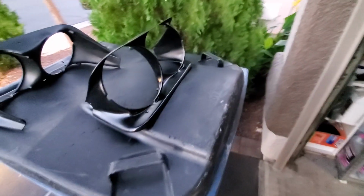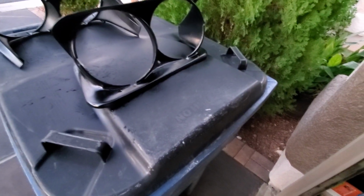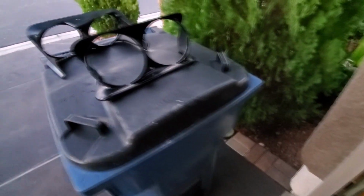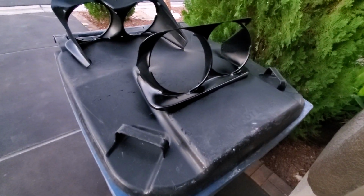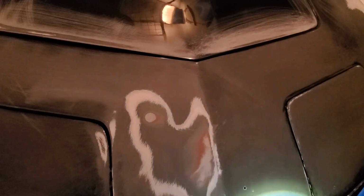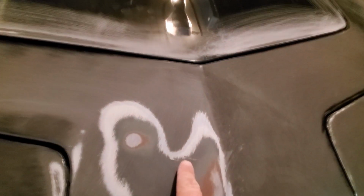Nothing special. And I have to go over it with filler primer, because I put a sealant primer on first because these are metal, and then I'll put the filler primer on top of it, and then I'll reseal it, and paint it. Okay, I kind of wanted to start and show you the sanding and everything, but see,